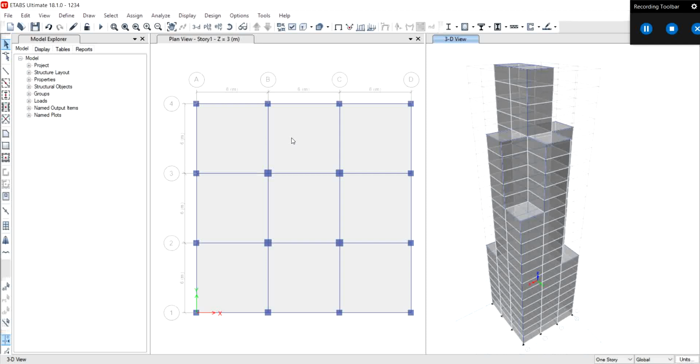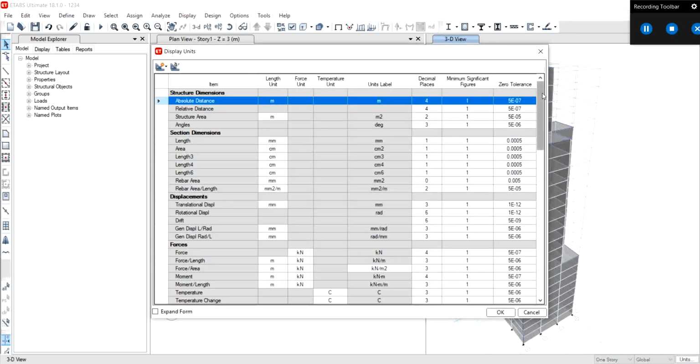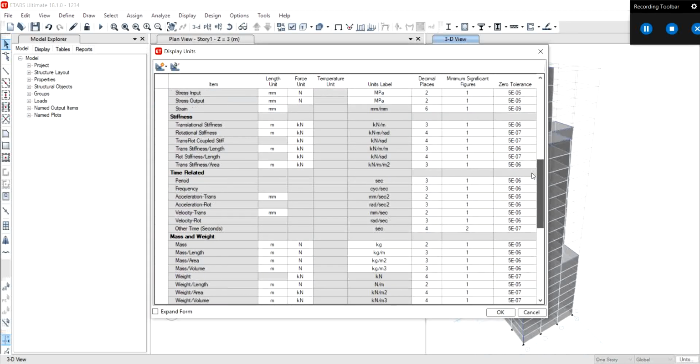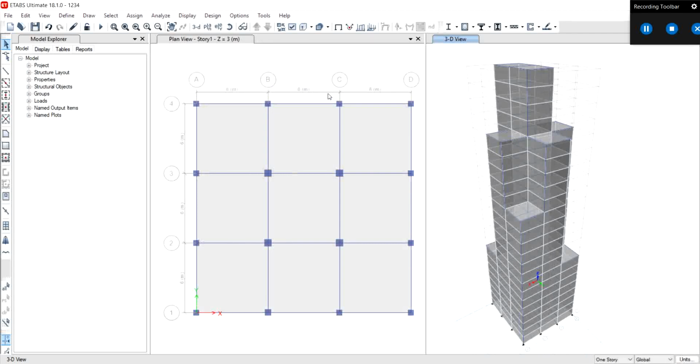So we will now set a load case by including the response spectrum function we have just defined. We need to enter the acceleration values to define the load case for the response spectrum function. So check the unit of the acceleration parameter before proceeding. So click on this options, display units, find acceleration units. You can see that it is mm per second square. So now your acceleration is defined in the software in terms of mm per second square only.